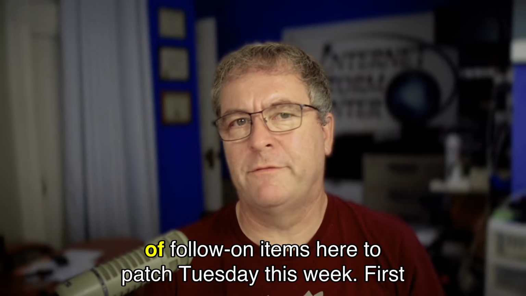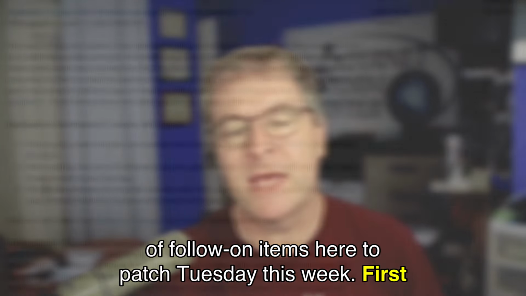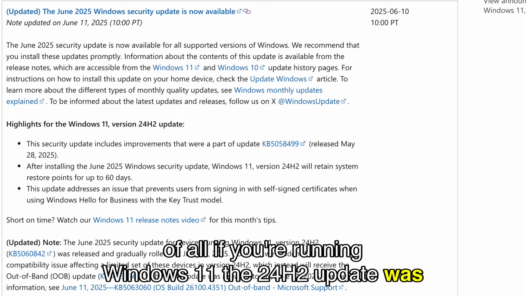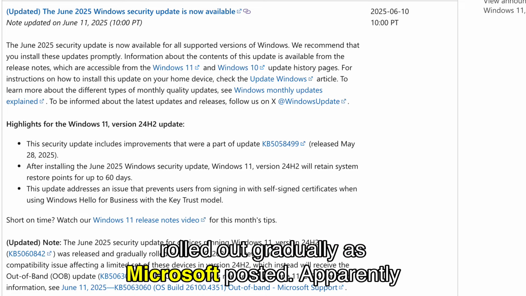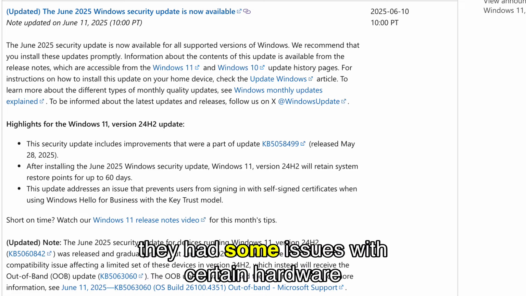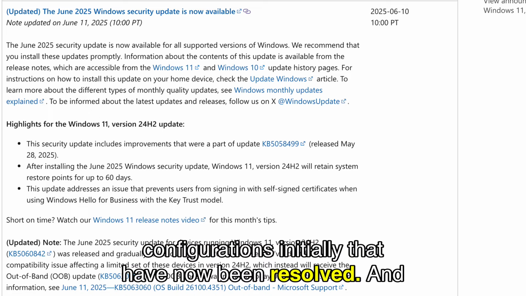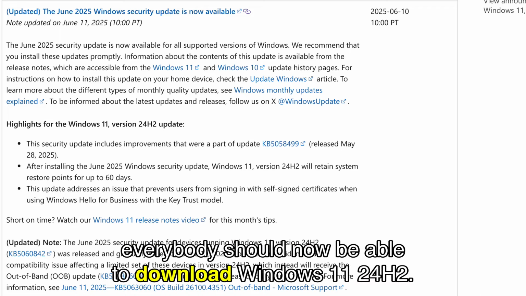Then we got a couple follow-on items here to Patch Tuesday this week. First of all, if you're running Windows 11, the 24H2 update was rolled out gradually as Microsoft posted. Apparently, they had some issues with certain hardware configurations initially that have now been resolved, and everybody should now be able to download Windows 11